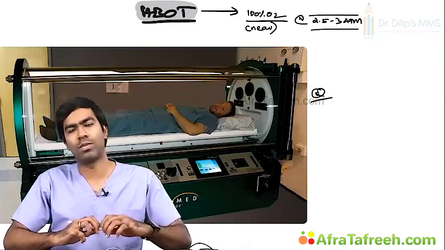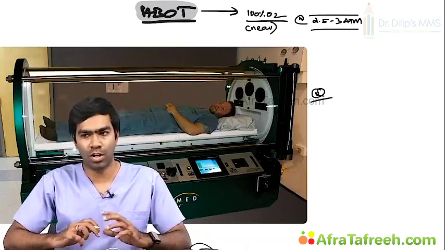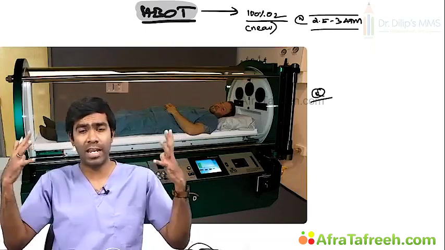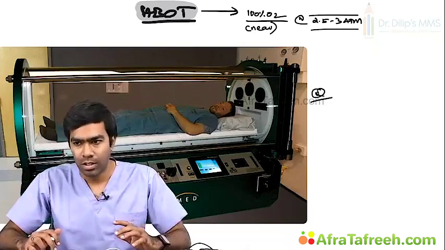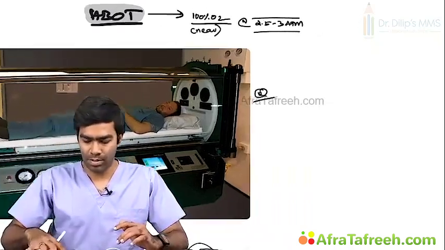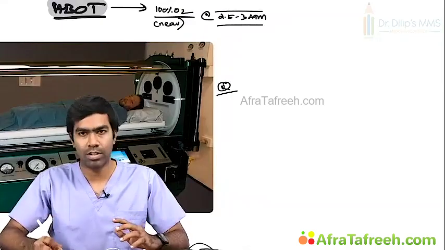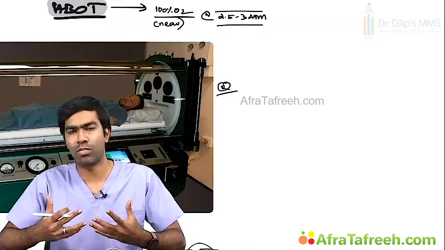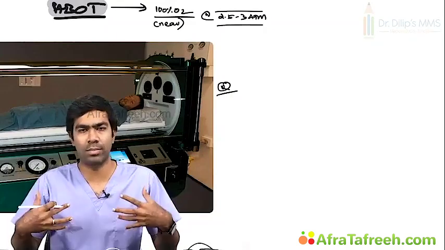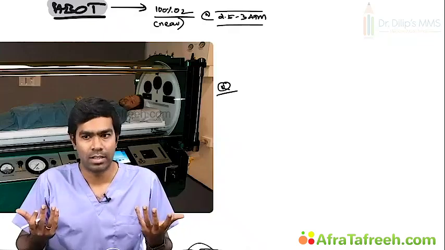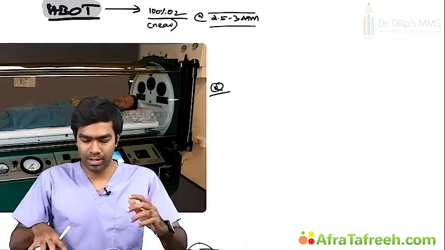At 2.5 to 3 atmospheres, which means you are not only giving 100% oxygen, but at high pressures you are giving it. So you know what's going to happen. When you are giving 100% oxygen at high atmospheric pressures, the amount of oxygen that is dissolved in the blood will increase. That's the idea. For example, let us assume,